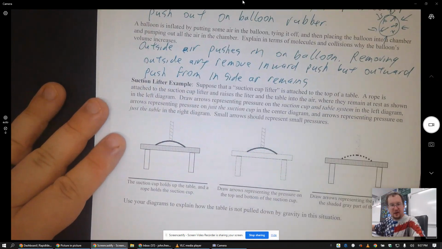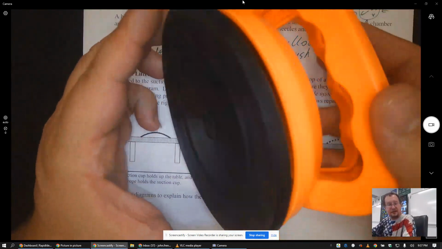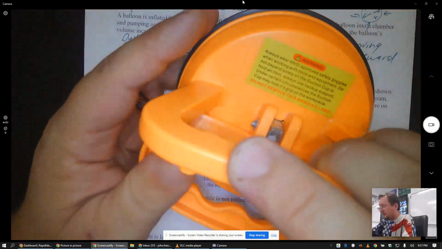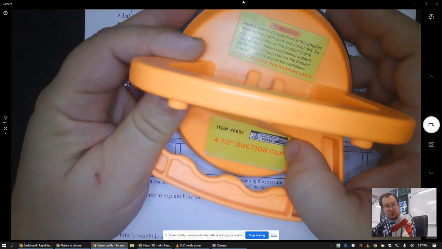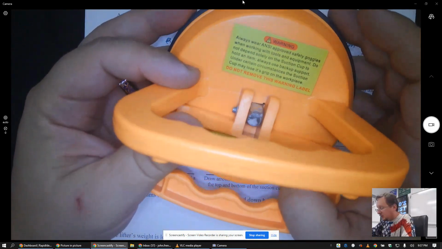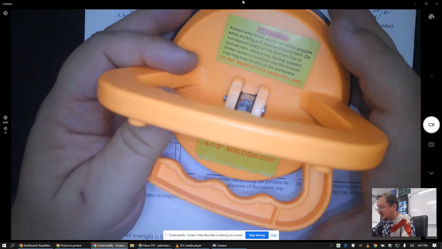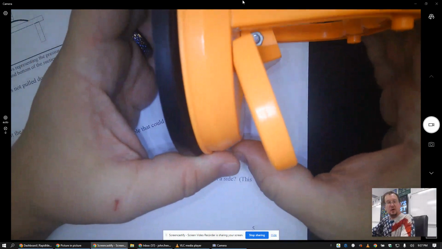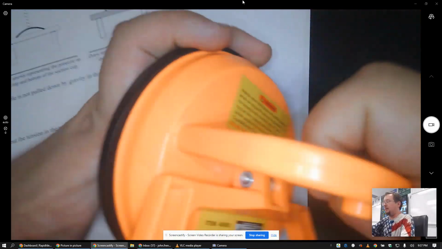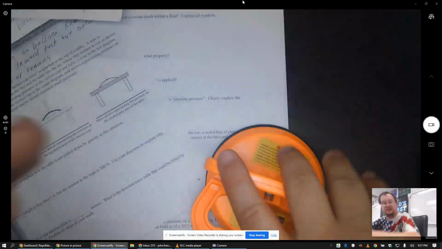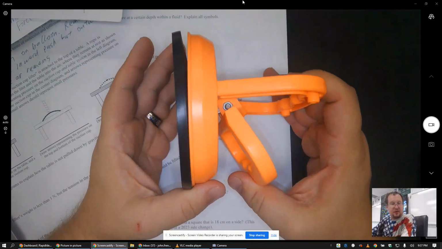Okay. Let me show you this thing called a suction cup lifter. This is something that I got from Harbor Freight Tools, a 4.5 inch suction cup lifter. And the way it works is when you clip this like so, let me back the camera up a little bit. Maybe you can see this better. When you do this,